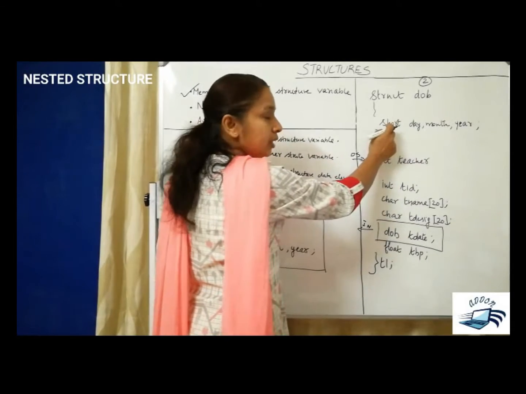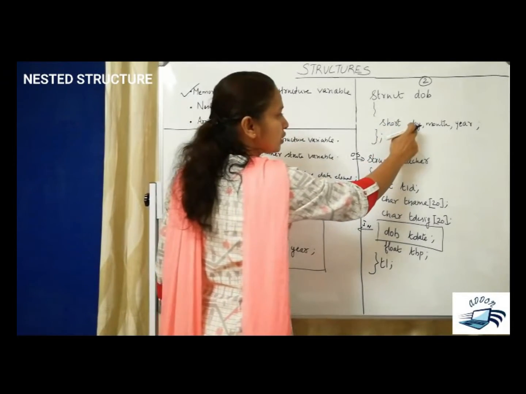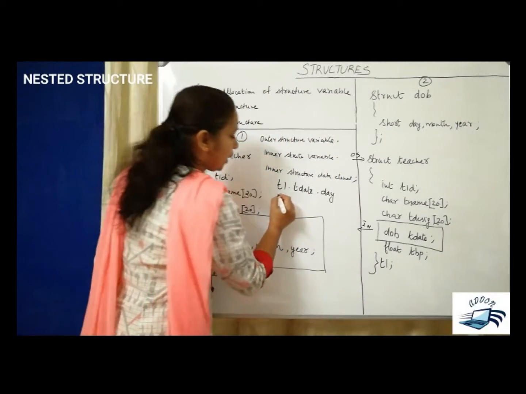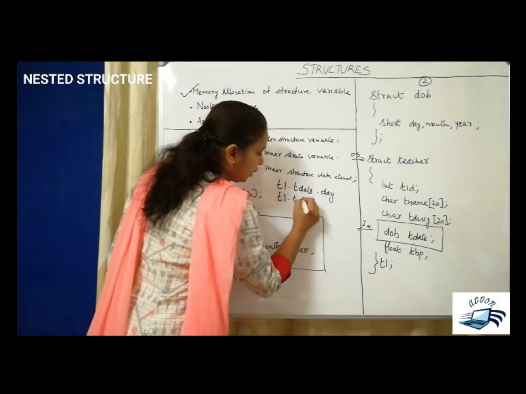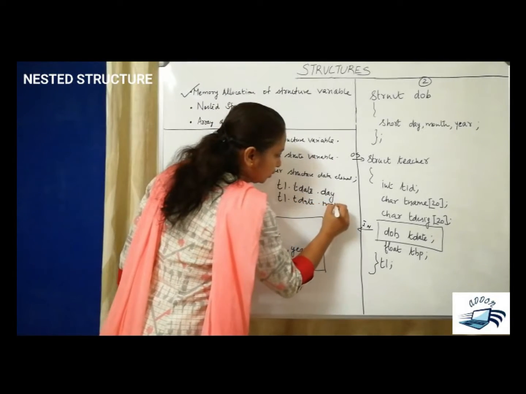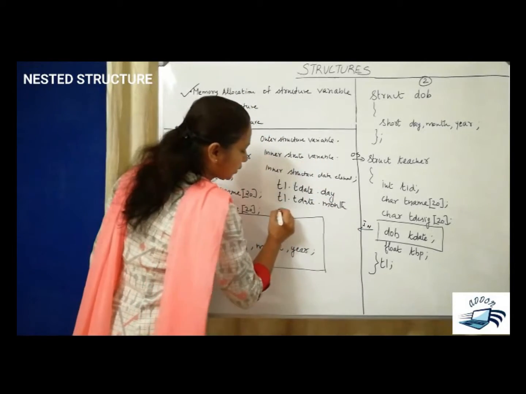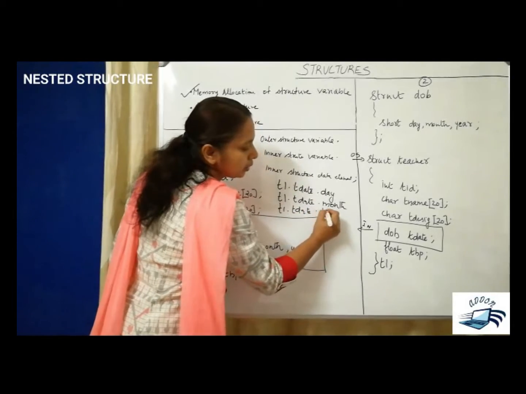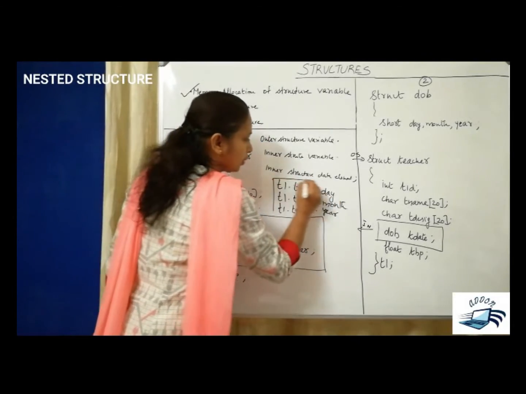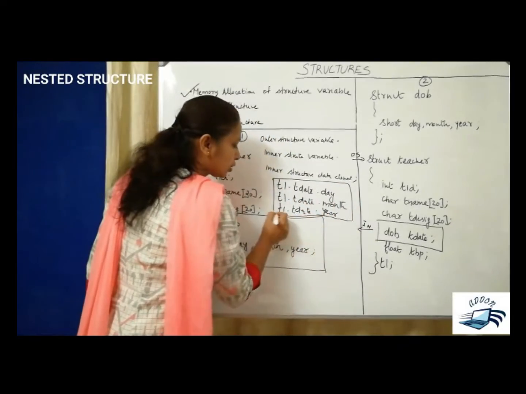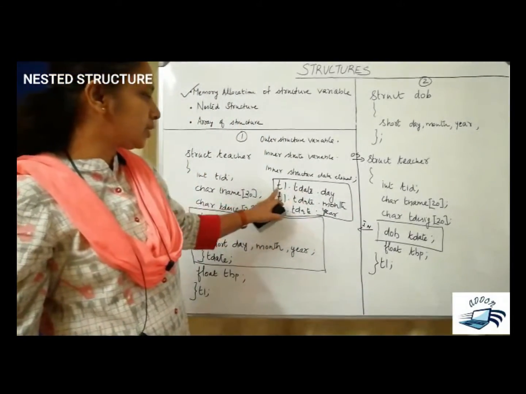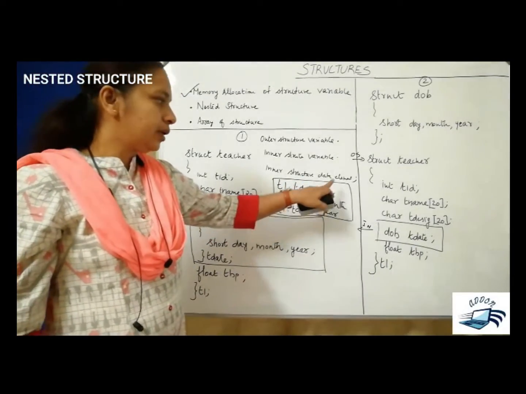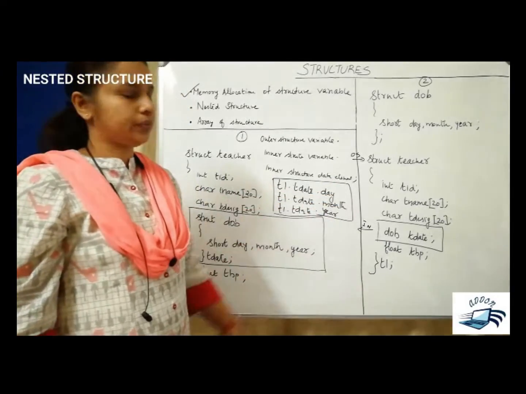Here the inner structure is defined outside the teacher. So the first data is T day. And the month can be accessed as T1 dot T date dot month, and year can be accessed as T1 dot T date dot year. So we have accessed the 3 inner structure data elements: T1 dot T date. This is the outer structure variable dot inner structure variable dot data element of the inner structure.